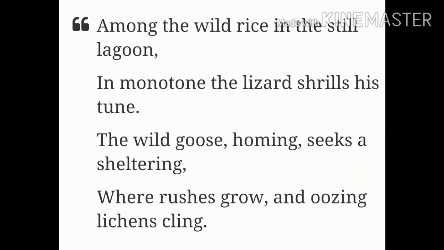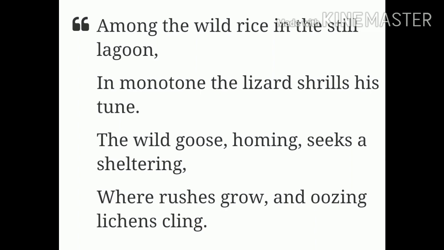Here, the speaker refers to marsh as containing a still lagoon. The water is stagnant, giving a bad smell. But as previously stated, that does not mean there isn't life. The water is still, it's not moving, it's giving a foul smell, it is stagnant, but still there is life.